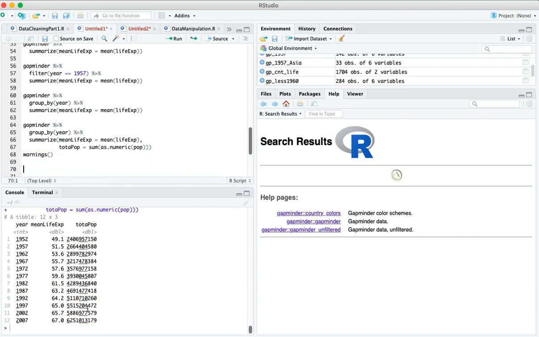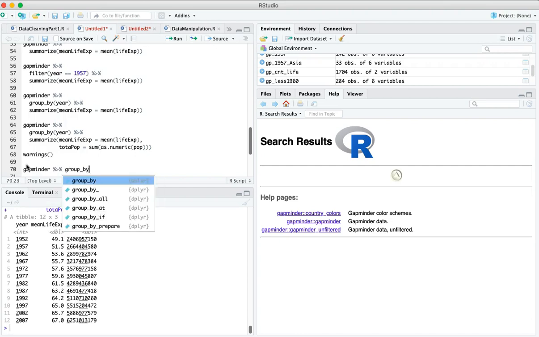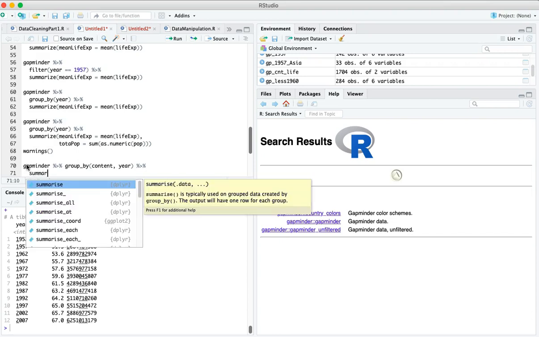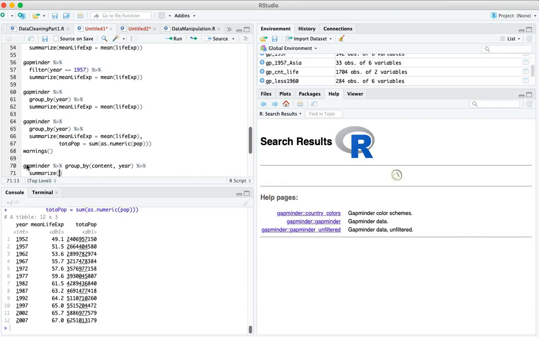All right, so the next thing we're going to do is group by two variables. So let's say that I wanted to group by the continent and the year. So I'll take my gapminder dataset, pipe it over to the group_by function, and then group by both continent and year. And then I will pipe that over to summarize, by the mean life expectancy, which is my new variable here. And that'll be equal to the mean of